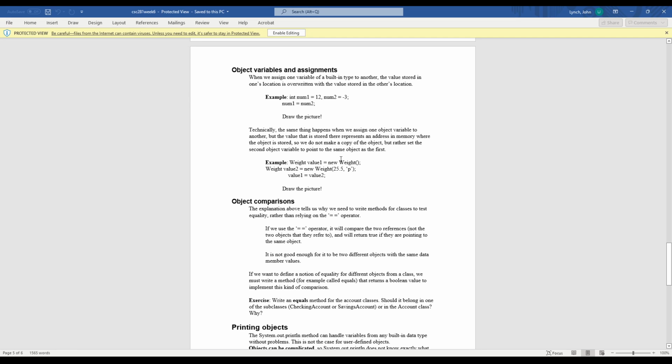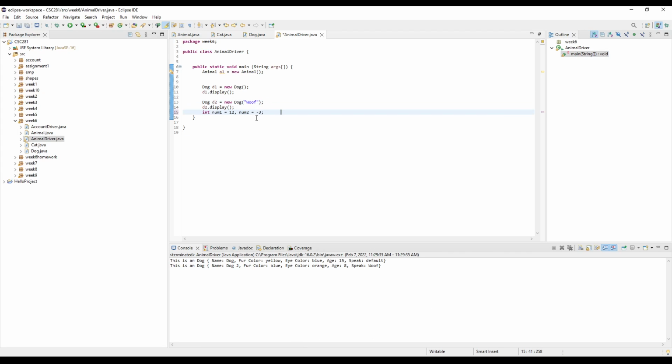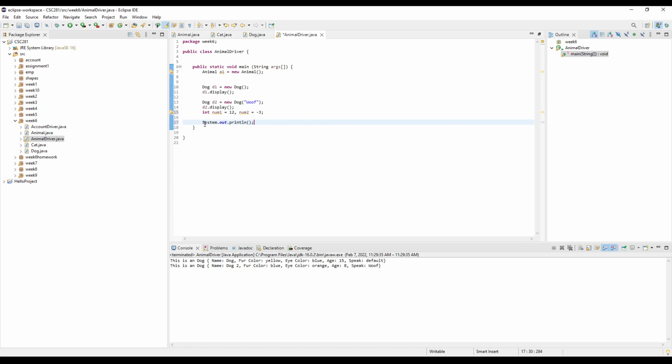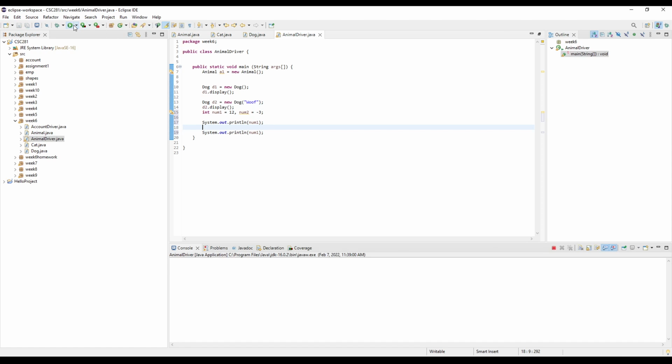What this means essentially is that if we go ahead and try to copy this code here, and what I'm going to do is inside of my animal driver code, just going to print this into here, and you'll notice I'm doing like a single inline comparison here. What I can try to do here is I'm going to print out my num1, like so. And then what I'll do is let me try to run this code really quick. And we'll see we get our 12 twice. And then if I say num1 is equal to num2,